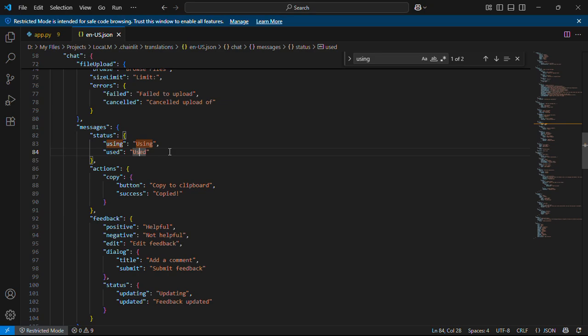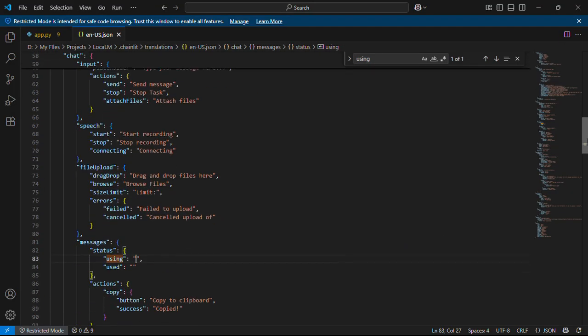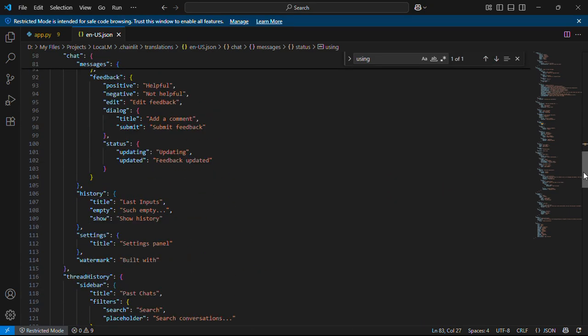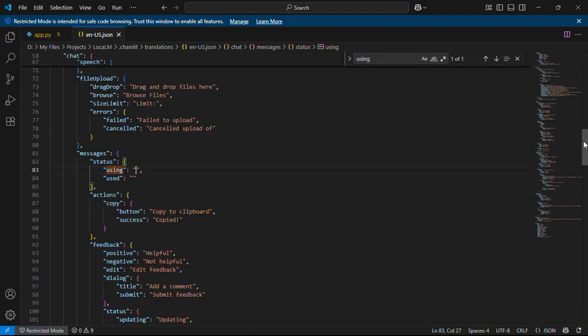But if you still want to clean it up, and you don't really want to show anything extra in the front end, unnecessary icons or text that you don't want, just for the sake of user experience, then you can just remove this from here. This contains all of the different types of the front-end printed texts. So we're simply going to remove these two, "using" and "used", and